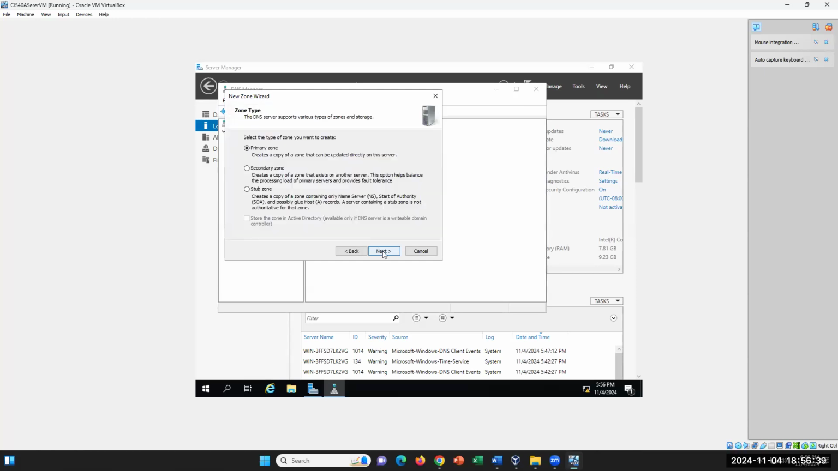Now we are going to do a primary zone. So that means that we can make a copy, we talked about this last time, right, of a zone that can be updated directly to the server. So whenever there's a change or update with the zone that relates to my domain, it's going to impact